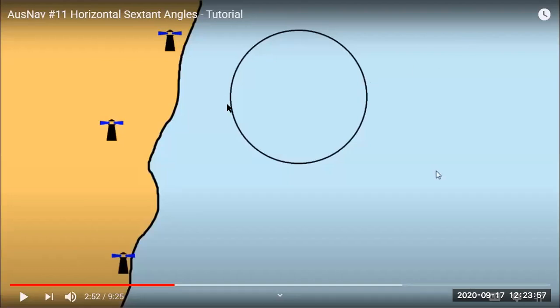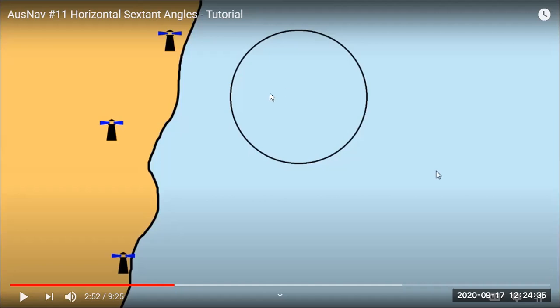So if we assume that you are anywhere in the sea, in this case we need at least three bearings. Why we need three bearings, we will see. The next condition is that they should be taken at the same time, because we have to find the ship's position. So if you have three bearings of any points or lighthouses at the same time, that is your horizontal sextant angle. We can solve this that way.